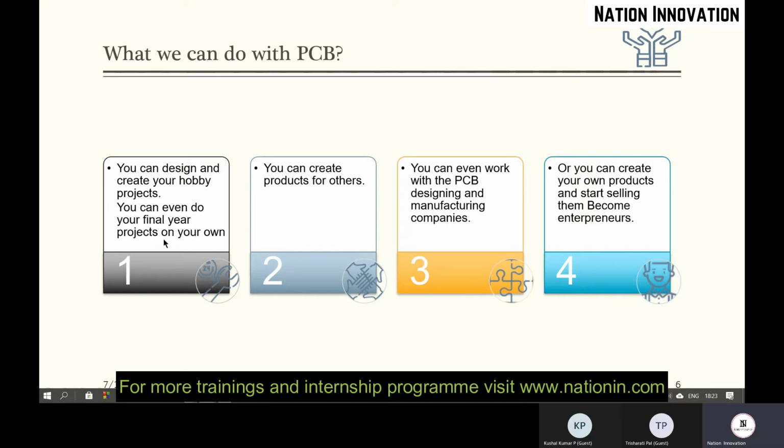If you are from an engineering background, you can do your final year projects on your own, and you can create products for others. And if any components or circuits at your home go wrong, you can identify that and create your own PCB there. And you can even work with PCB designing and manufacturing companies.